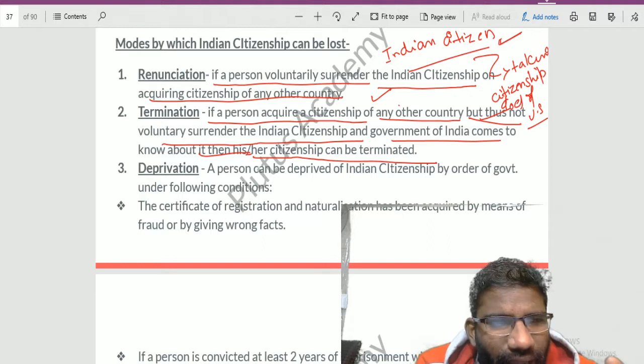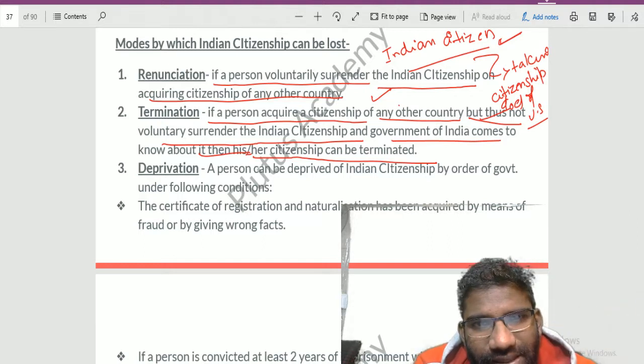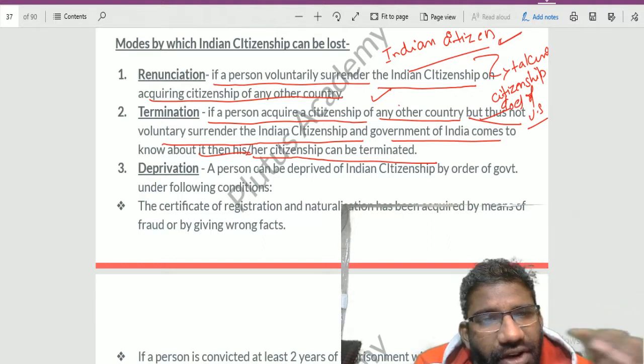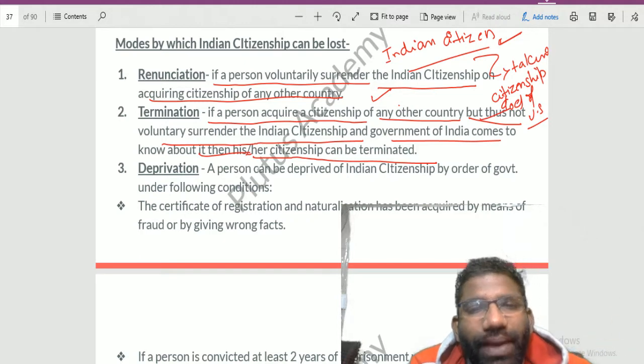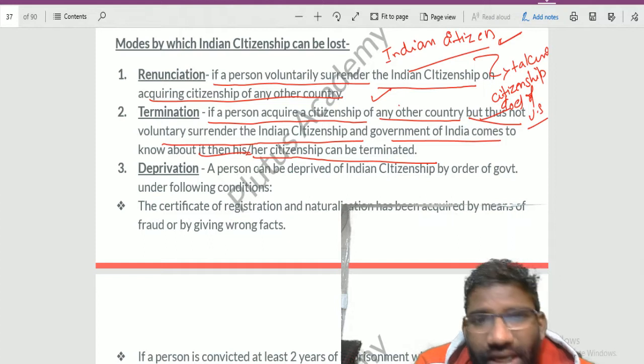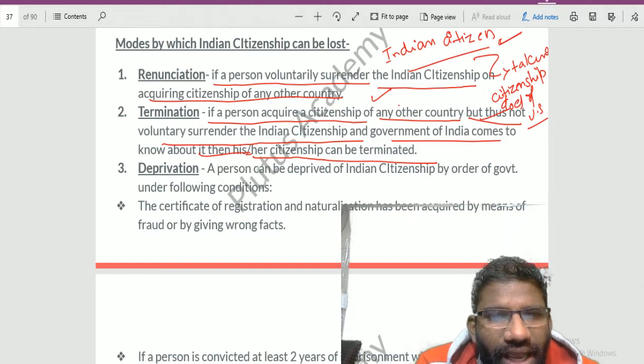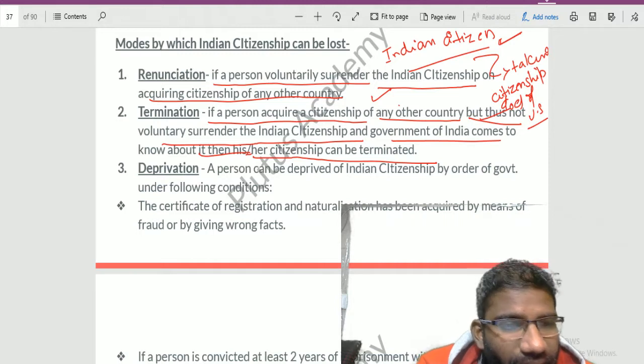Two things we have done. Renunciation: the person is acquiring the citizenship of another country, he comes and voluntarily informs the authority that he is no more willing to be an Indian citizen. Termination: he is not informing the authority, the government comes to know about it, and the government terminates his Indian citizenship. The last is